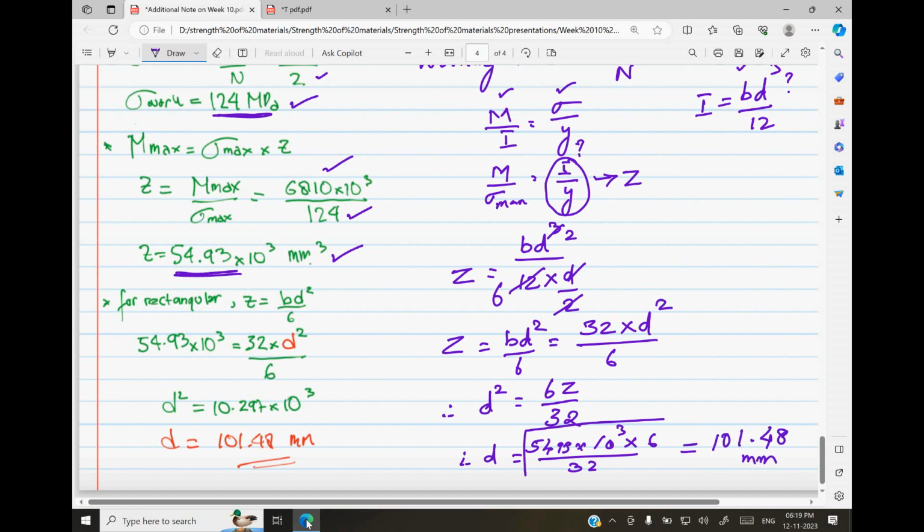So this is the way we solve the problem. It's a simple problem here. You did not know y and you did not know I. Then you found out section modulus, and from that you find the value of